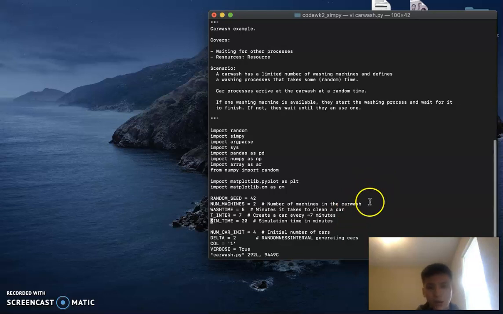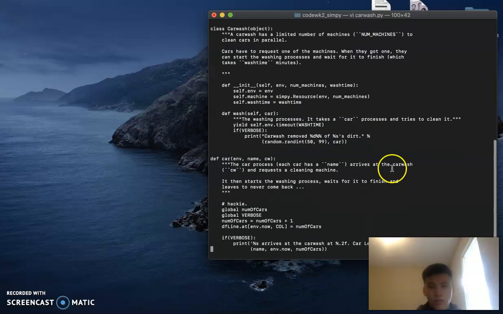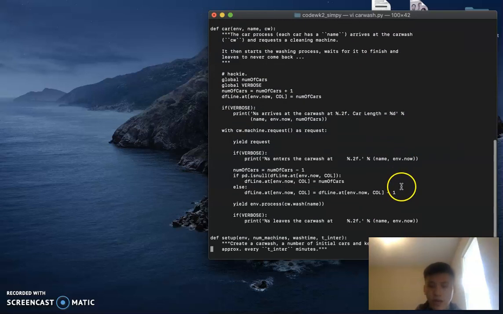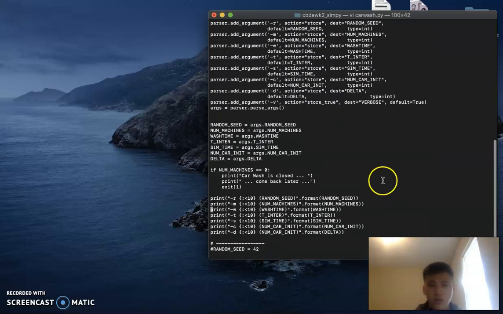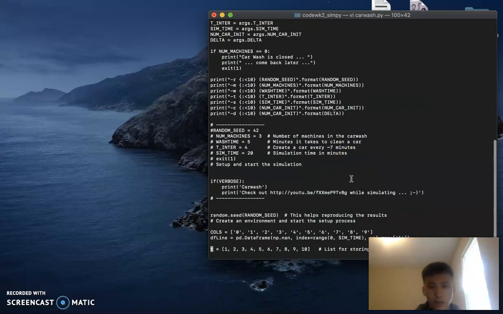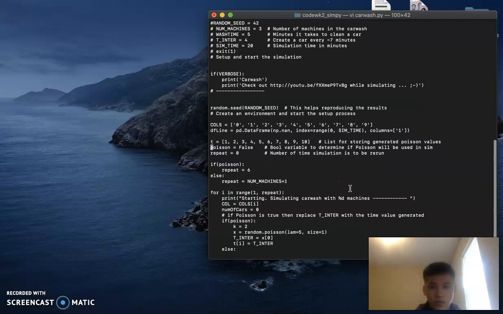and operational. So it already took in command line parameters for certain aspects of the car wash. The main thing that I changed was that I added the functionality for the Poisson distribution in regards to the interval at which cars arrive. To do that, I had a boolean, Poisson, and I set that to either true or false in order to trigger the manipulation of the interval, the t dash interval, and